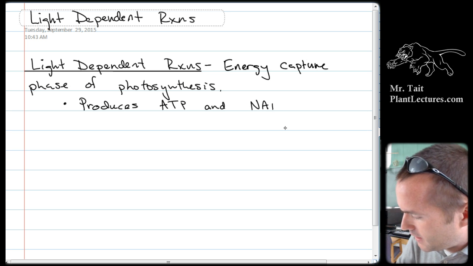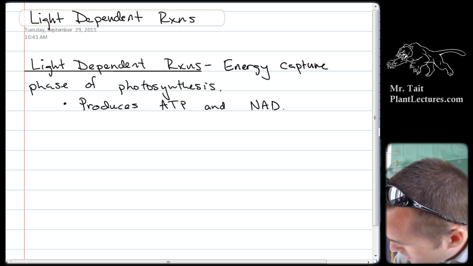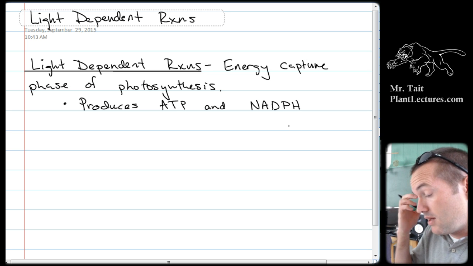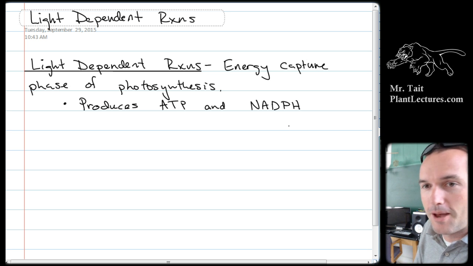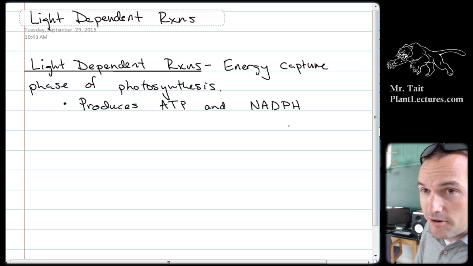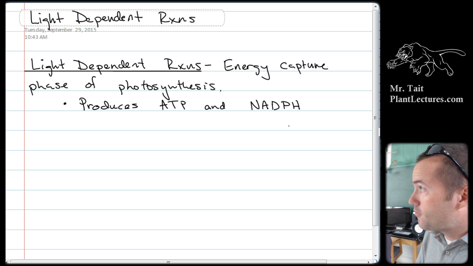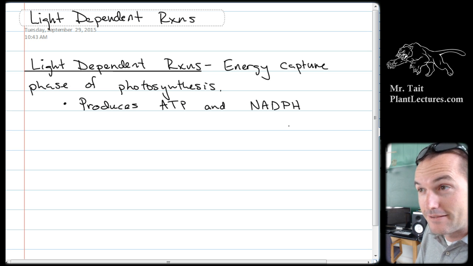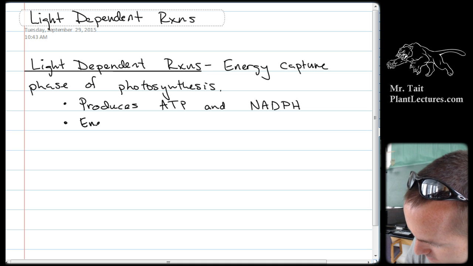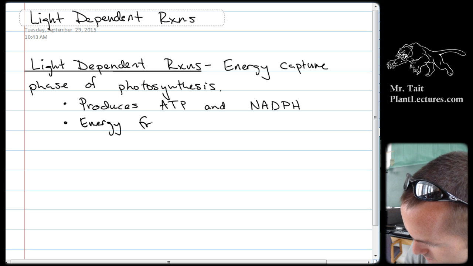Again, you can remember that NADPH is the one that is used in photosynthesis because it's got the P in it. Even though that's not really what the P means, you can think that it is. Okay? So where does the energy come from then? Sunlight, right? Okay, so how do we get energy from sunlight? Energy from sunlight is captured